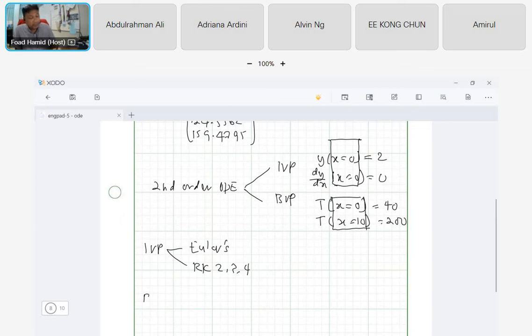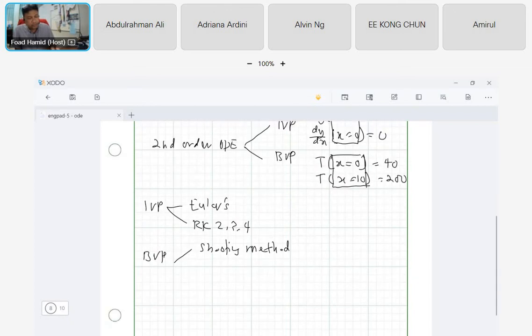And for BVP, there are two ways to solve it. One is the shooting method. I think you can read this in your textbook. It's just 1 or 2 paragraphs, and I think there's also an example of the shooting method in your textbook. The other one is what we call the finite difference. Normally we use